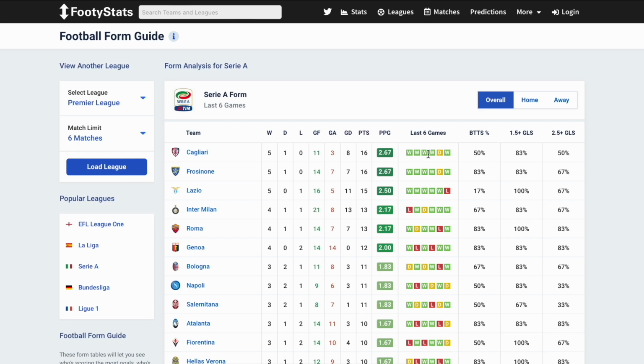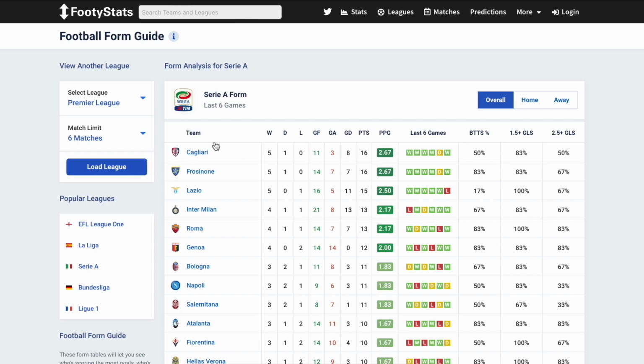Form guides are really useful to understand and predict football teams' performance. This data is likely to be more accurate since it's drawn from their recent matches. These guides will provide you important info on teams and players, like who's been winning, who's losing, and how teams will do in away games versus home games, etc. This is a game changer to improve your odds in betting.